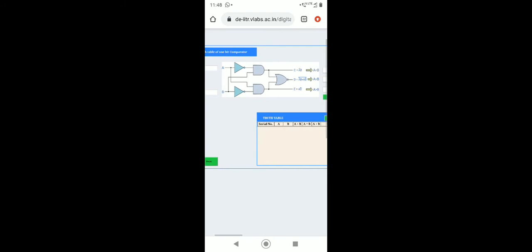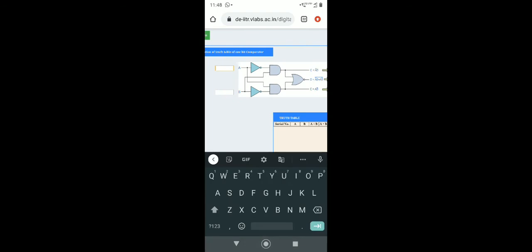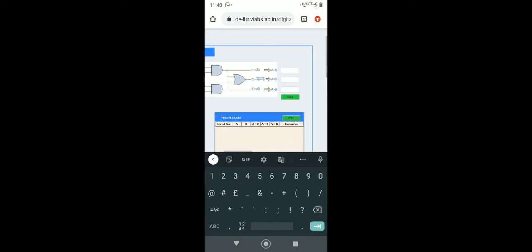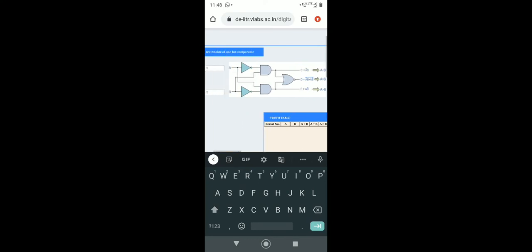This is the NOT gate. These two are the AND gates and this is the OR gate. Here, if we give 1 in the A input and 1 in B, so both we have given 1.